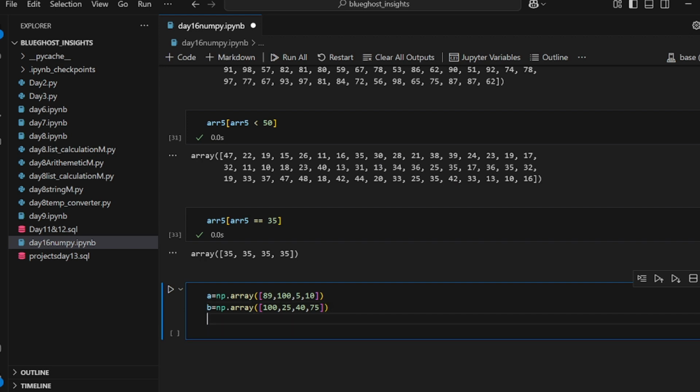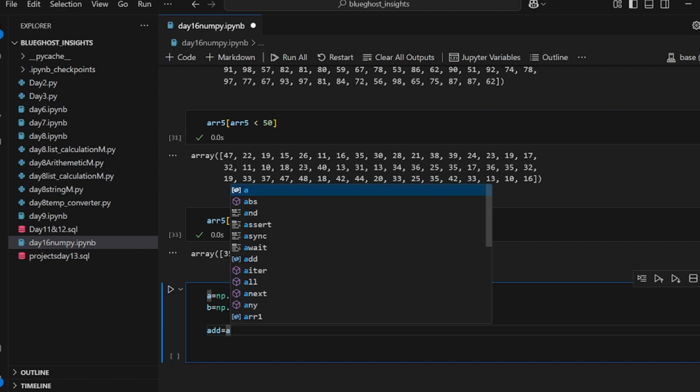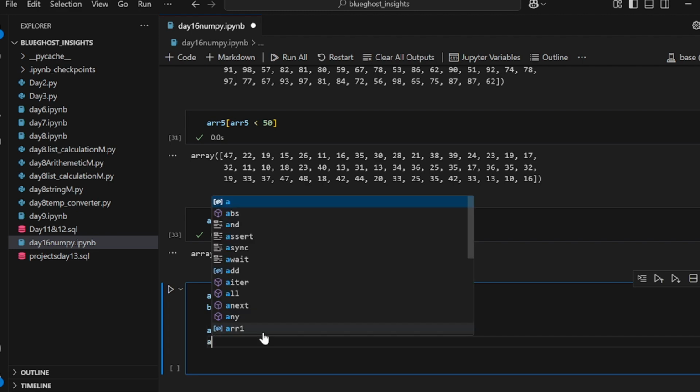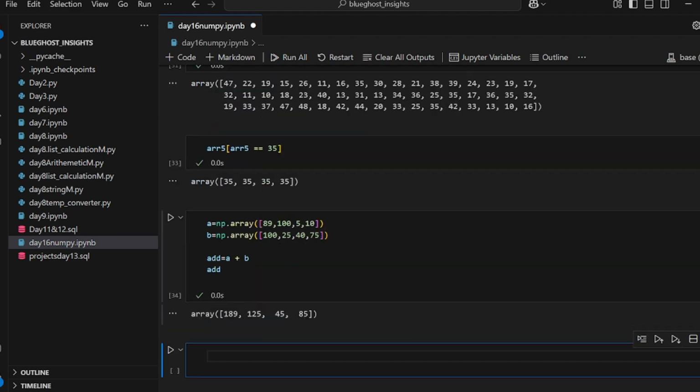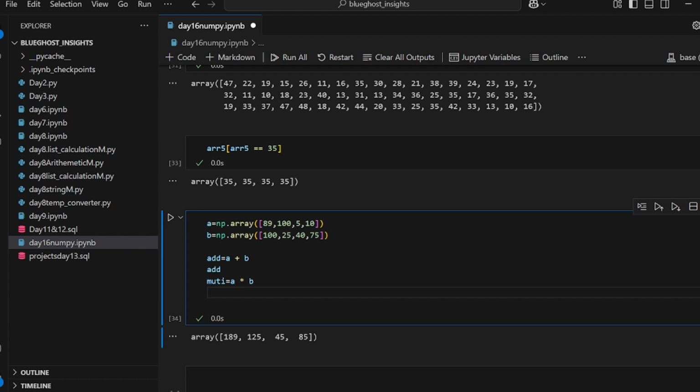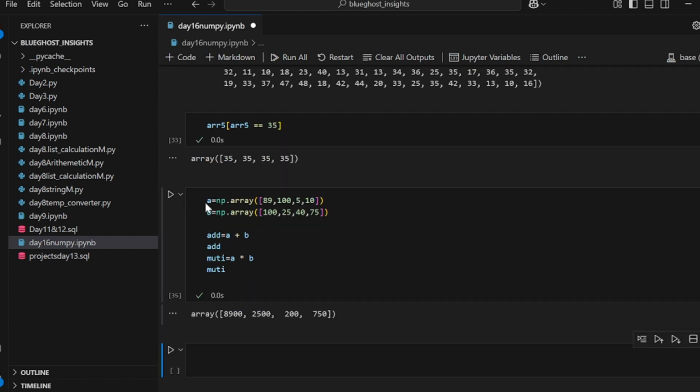Okay. So now the next thing I can do is multiply these two variables, A and B, in a quick, easy way, right? Let me say add, A plus B. If you call add and run it, you can see it sums up each of these particular ones together, right? I can also do multi for multiply. I will say A multiplied by B. If I come down here and say multi and run it, you can see it multiplies each of these particular ones, and so on and so forth.